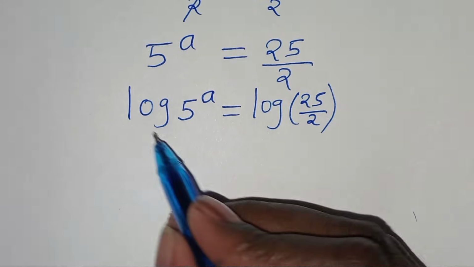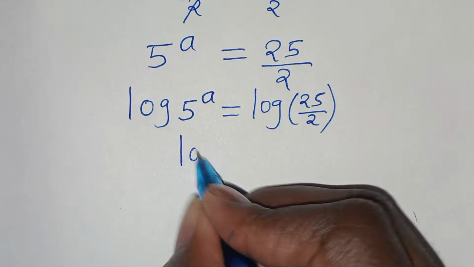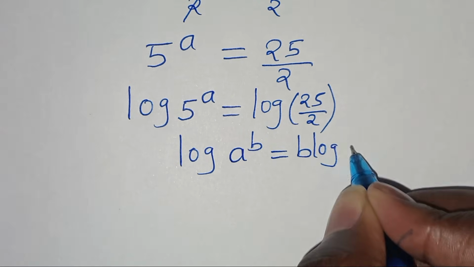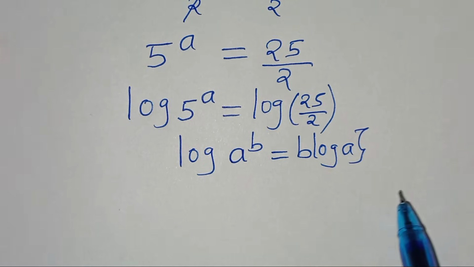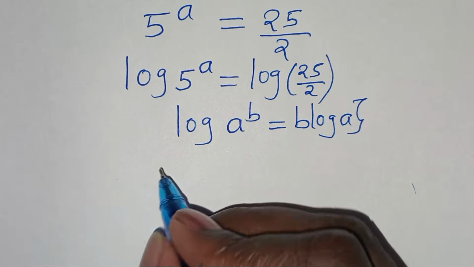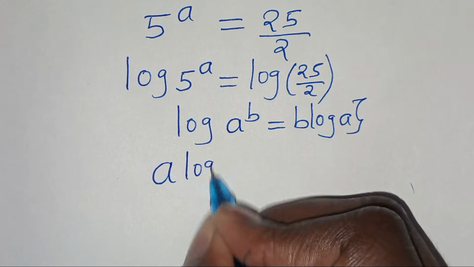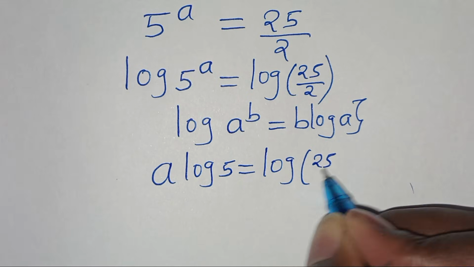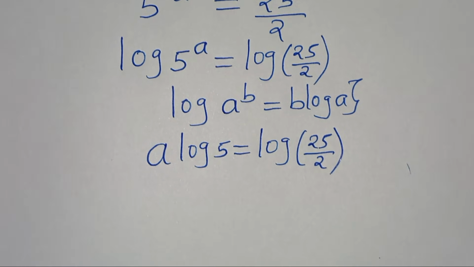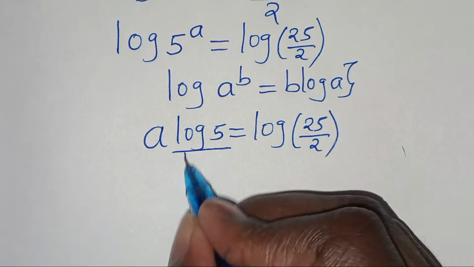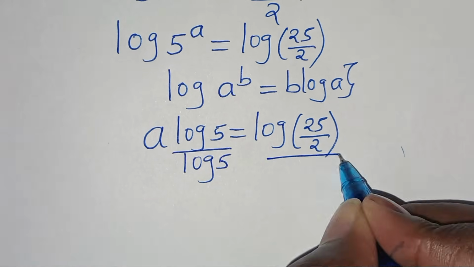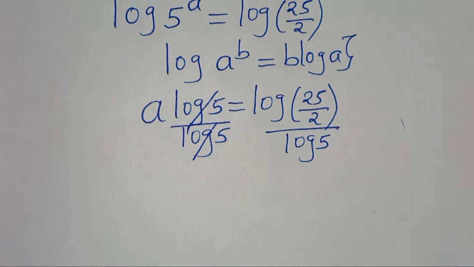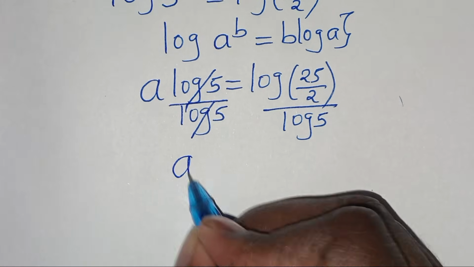And this implies that log 5 to the power of a, this is in the form of log a to the power of b, which we can express as b log a. Applying this power log property, log 5 to the power of a becomes a log 5, this is equal to log 25 divided by 2. So let's divide both sides by log 5. Now we can simplify log 5 and log 5, so that we have a is equal to